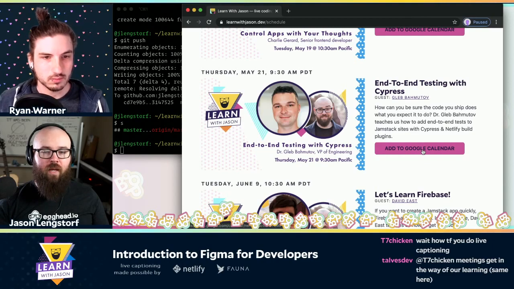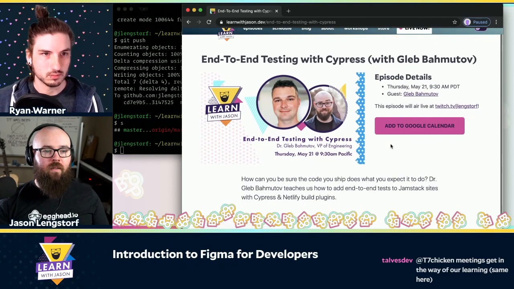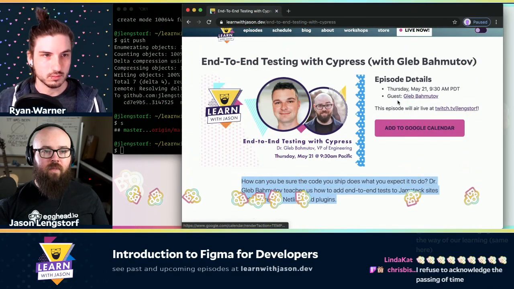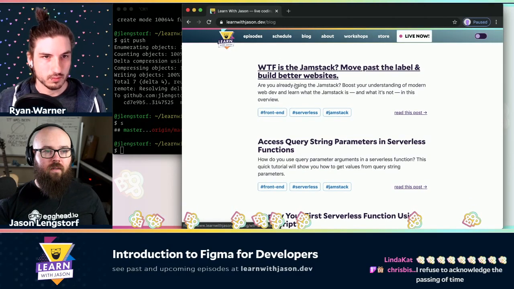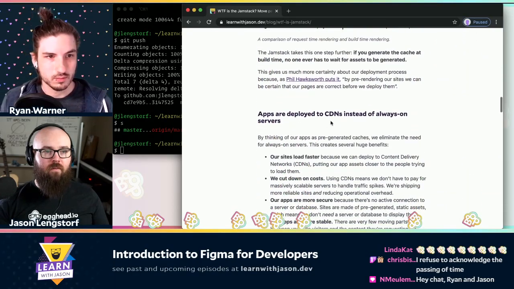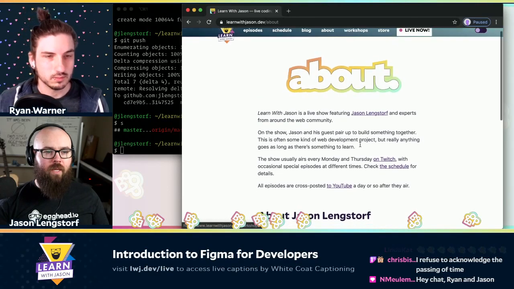This will take you to Google Calendar to actually add it to your calendar. If you go in, it's the episode description, and that's basically it, right? The rest of the stuff on here, we've got a blog. The blog is pretty straightforward. There's not a lot of magic here. My about page is just text.